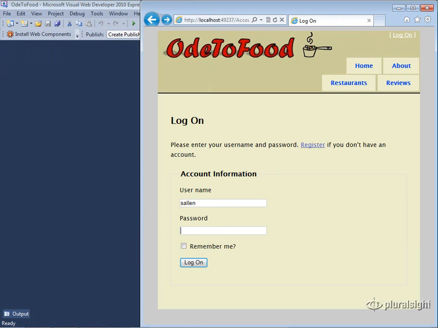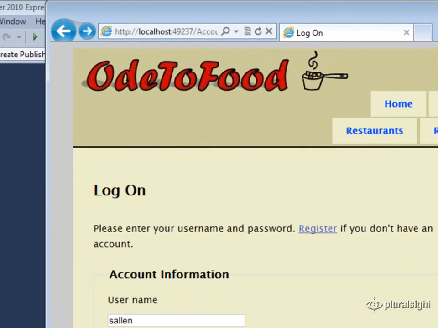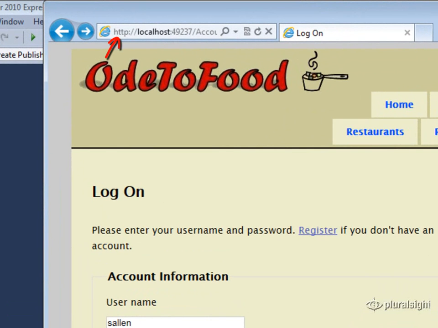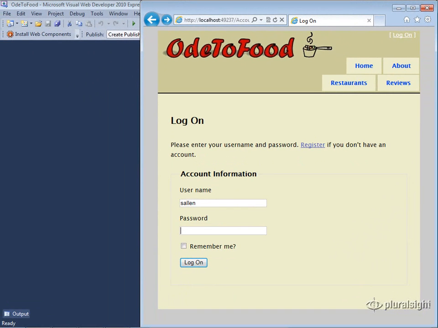One thing to keep in mind if you're using Forms authentication on an HTTP address is that the user is going to be entering their username and password. It's going to be transmitted to the server in plain text, meaning anyone who is capturing network traffic or sniffing the network might be able to pick up the user's credentials and steal them. The solution to this is to use HTTPS, a secure connection, to make sure that the username and password are encrypted. I want to show you a couple tricks that you can use to enable SSL with the IIS Express